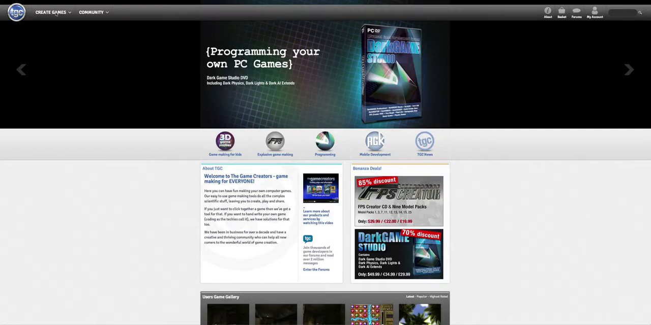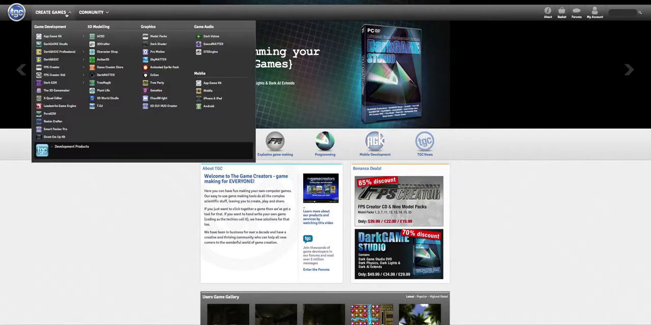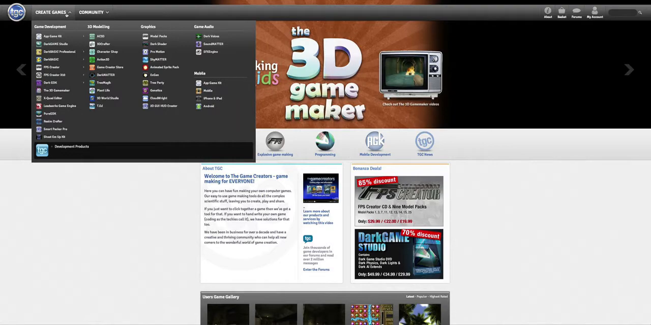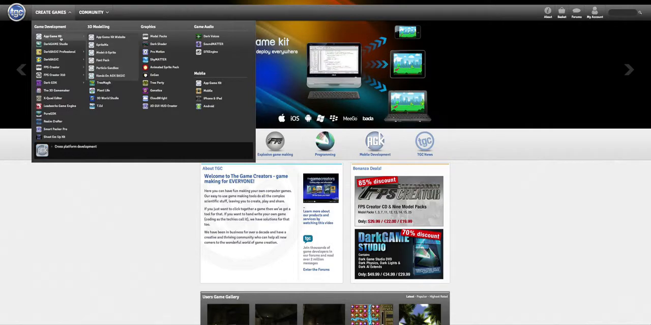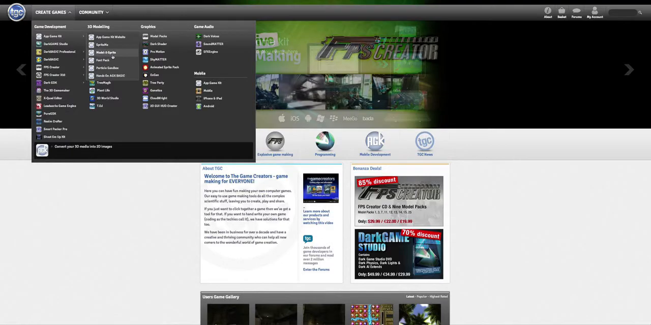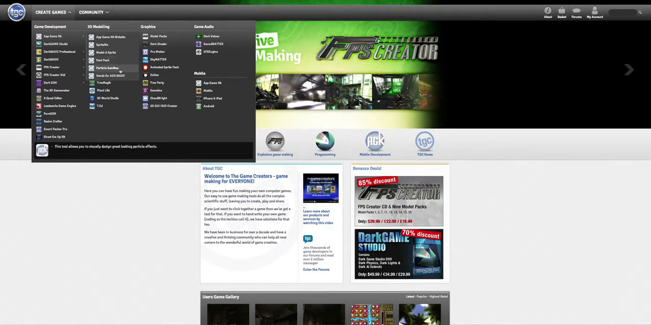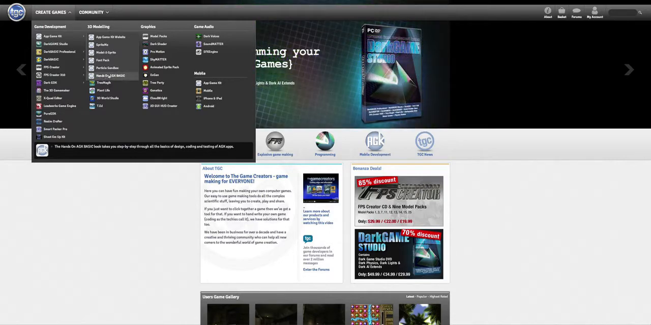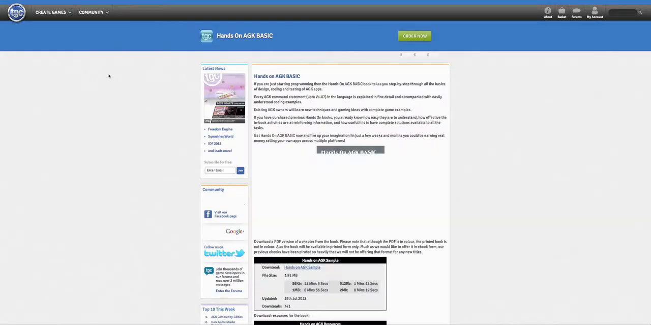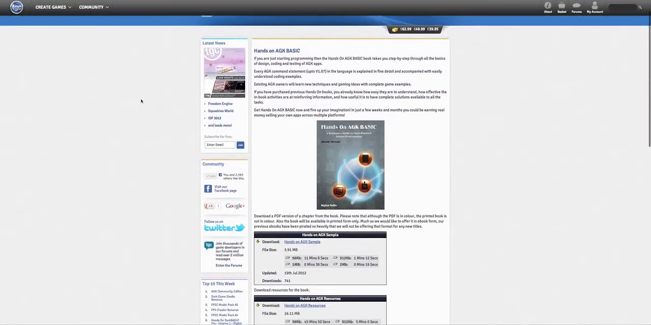But we are going to see all the different tools that the Game Creators have for developing different media and having different programming and different engines. So we have a collection of stuff. The App Game Kit, which comes with Sprite Me, Model 2 Sprite, Font Pack, Particle Sandbox, and Hands-on AGK Basic. This is actually a book that you can get for App Game Kit. It's really nice, and it basically tells you how everything works in the AGK